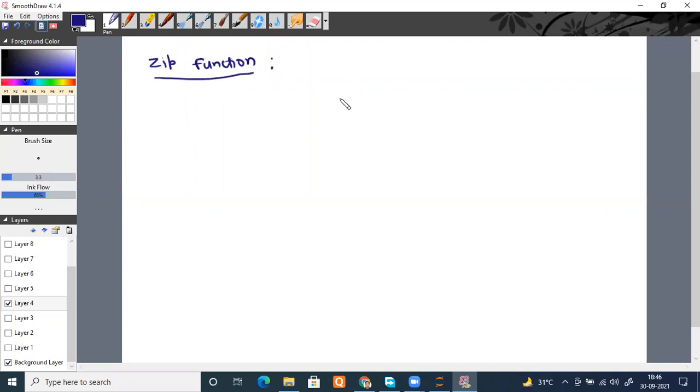Understand its use case. Suppose I have a list known as L1, and it has elements 1, 2, 3. I have another list, L2, which has elements 10, 20, and 30.